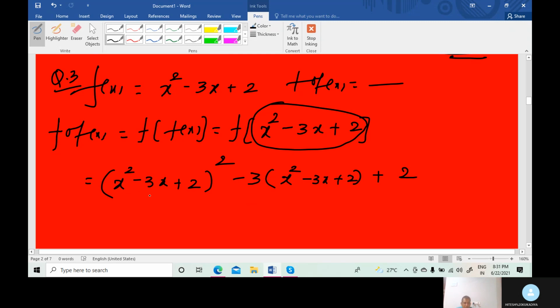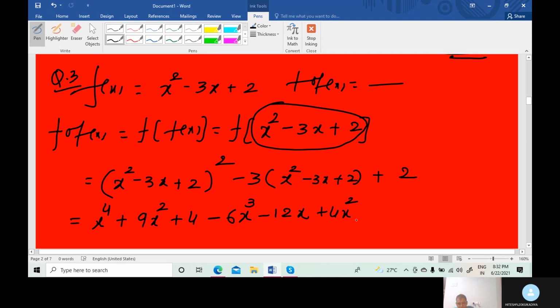Now apply the standard formula, (a plus b plus c) whole square formula. Remember? Yeah, I remember. a square plus b square plus c square. Then 2ab. 2ab is negative because 3x is negative. So 2 threes are 6 x cube: 2 into x square into 3x, 2 threes are 6, x square into x is x cube. Yeah, right. Then again 2bc negative. Yeah, 2 twos are 4, 4 threes are 12x. And 2ca: 2 twos are 4x square.